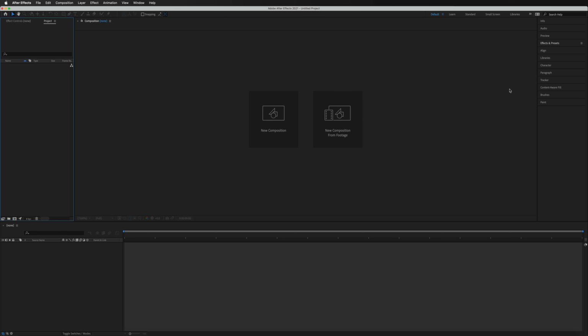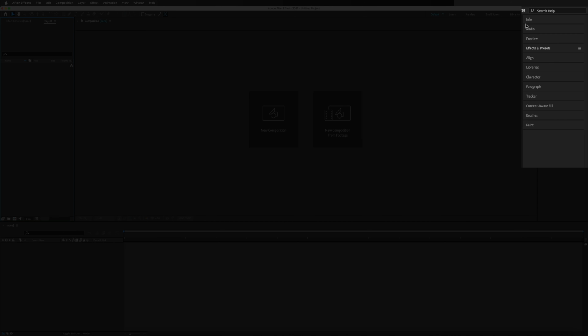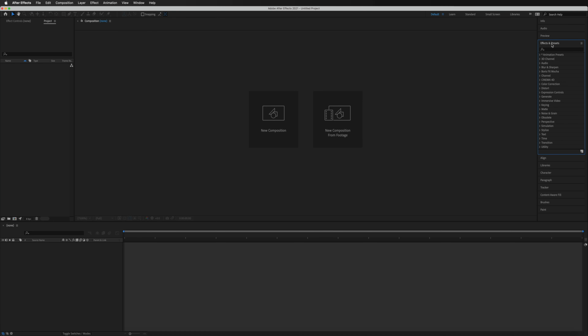Then over to the right of that, we have some additional menus where we can find things such as your effects and presets, where you can just drag and drop these on top of your shapes or text to animate them. We also have some additional options in here, such as your alignment and your character settings if you want to change the font or the size. These are all the general formatting tools you'll find in any text editor.